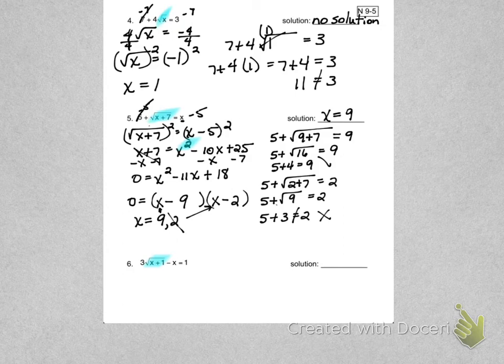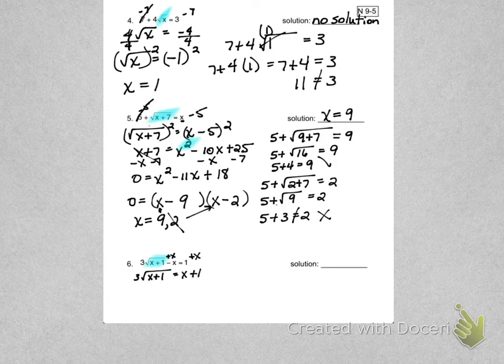Now let's go and work our last problem here. Our last problem, again, isolate the radical, so I'm going to add x here to both sides. Again, we'll end up with a variable on both sides. We can't add that x because it's not under the radical. So we can't combine the x's, but so we have 3 times square root of x plus 1 equals x